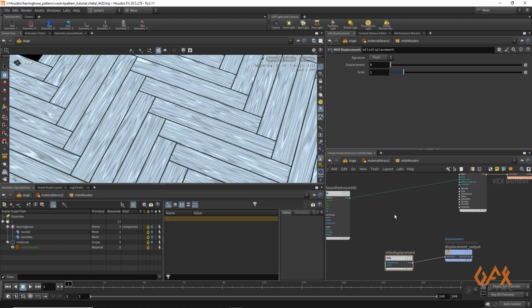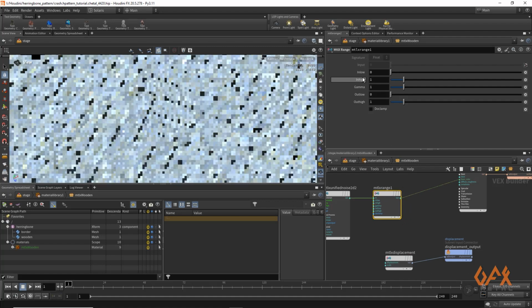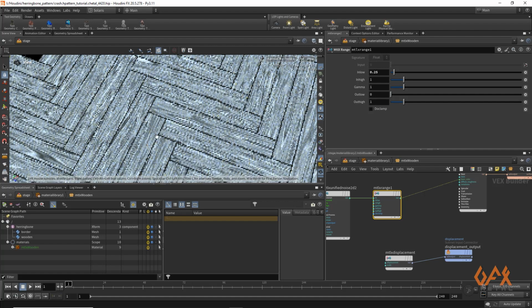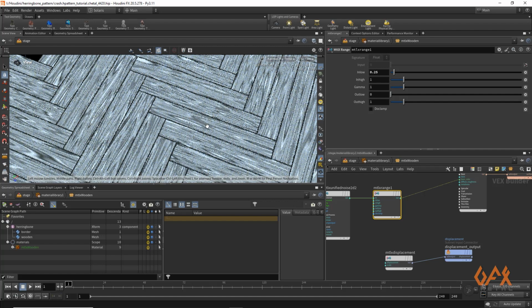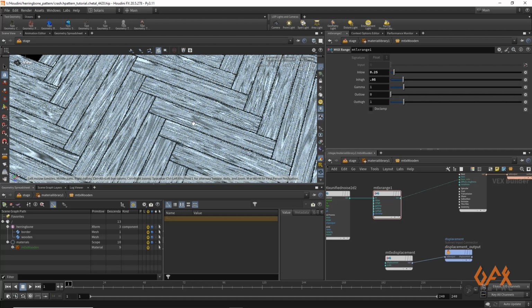And for that reason, I just apply one MaterialX range in which I set my input low to maybe 0.25. So 0.25 will become 0. So now I'll get a little more darkened area, or maybe here you can also change maybe 0.95. So we'll get a little more brightened area also.